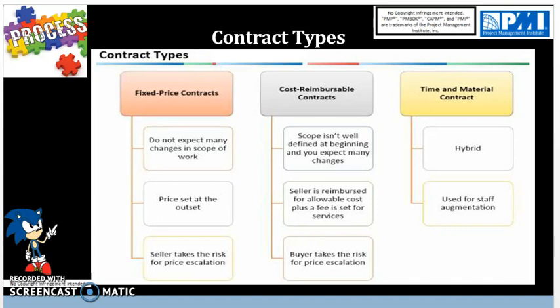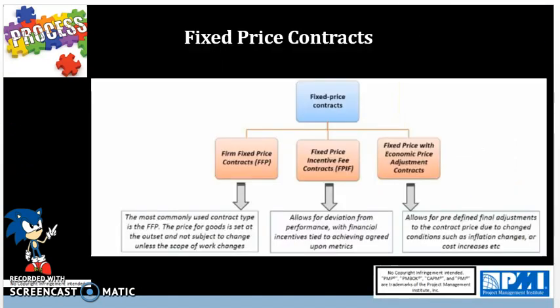So there are various flavors of the fixed price contract. You have a fixed price award fee contract. The buyer pays a fixed price plus an award fee or bonus based on performance. And we can see that right here in this slide. And this is very similar to a fixed price incentive fee contract, where the fixed price award fee contract is where you are leaving out the total possible award amount and is determined in advance and a portion based on